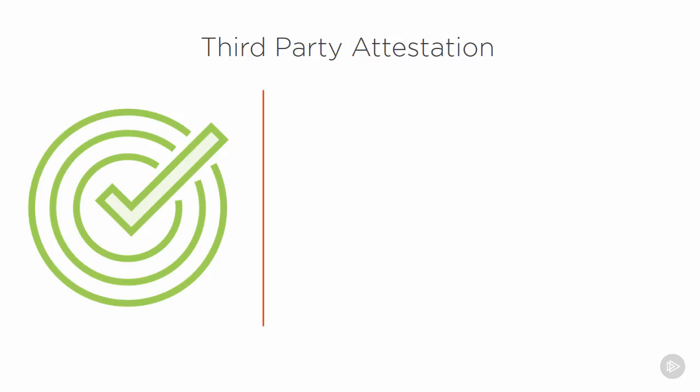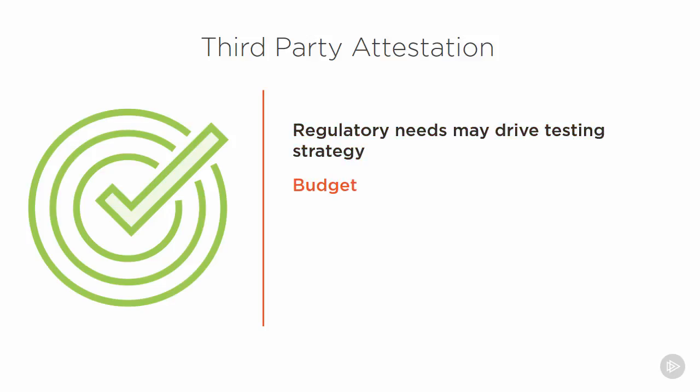Well, as you can tell, this is already an extensive listing of items needed when you're trying to get ready for a test. But that's not everything that's needed. For instance, some regulatory requirements include attestation from a third party. This means that you will need to have the budget available to pay a third party to perform the security assessment. They may need to perform several follow-up assessments to ensure that your mitigations are working properly,